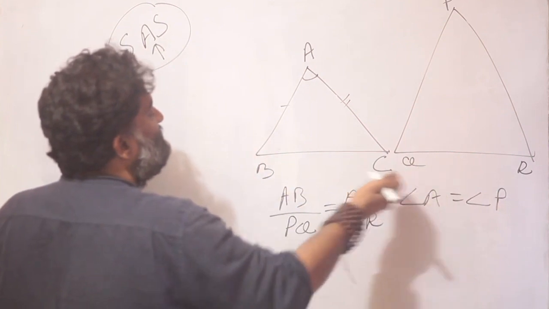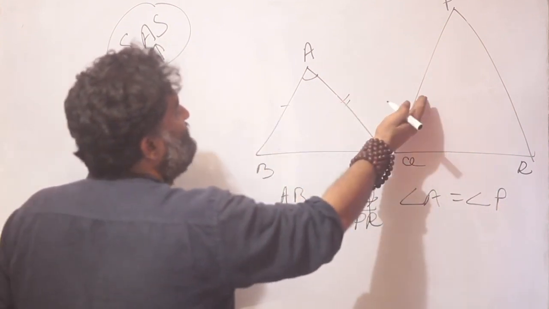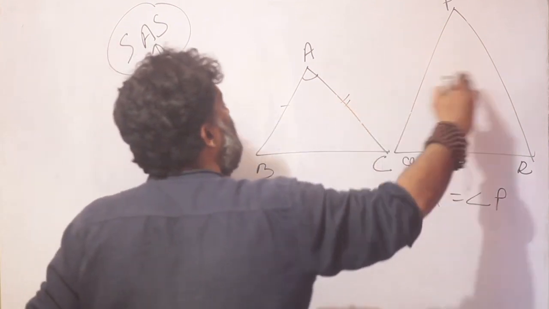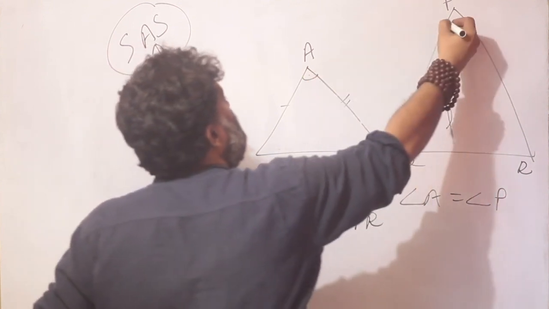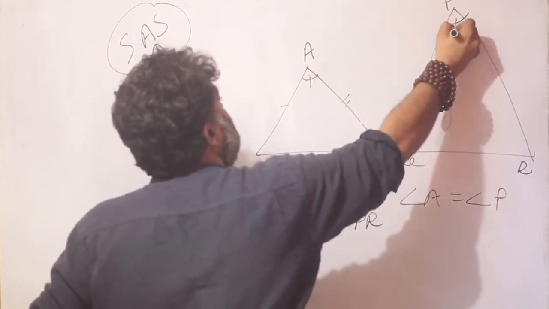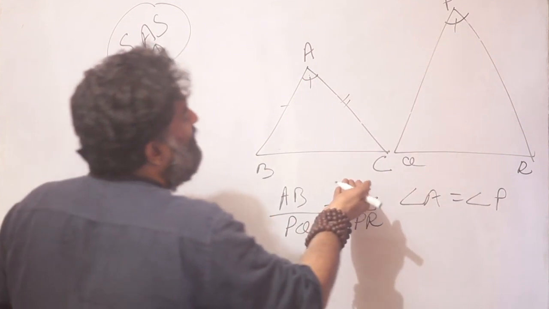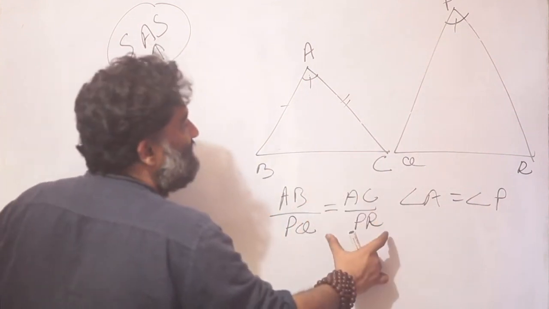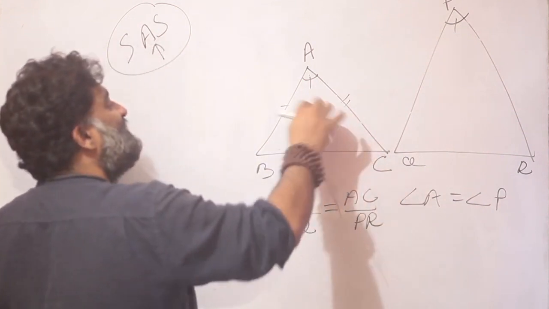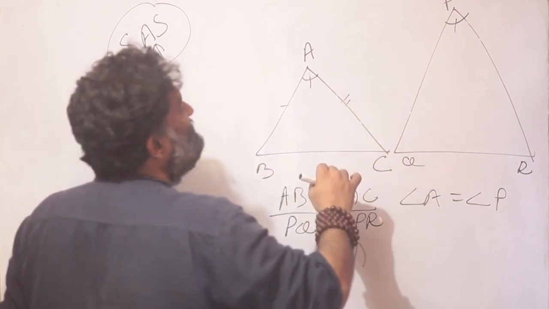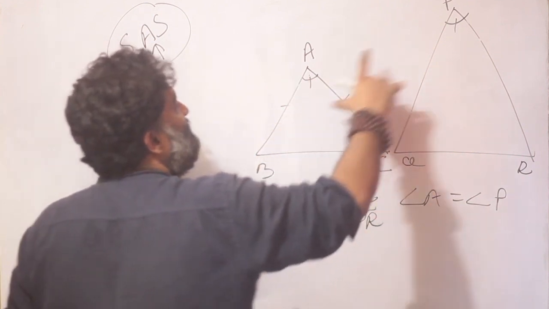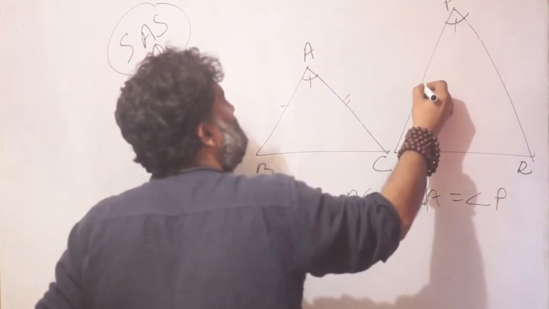So two triangles, I know the ratio of this side to this side is the same as the ratio of this side to this side, and I know these two angles are equal to each other. So how would I go about proving this? That means I have this information. From this, can I say these are similar or not? So once again the same process. I will measure AB and mark it so, mark this point.